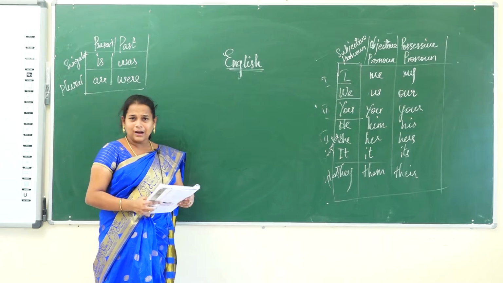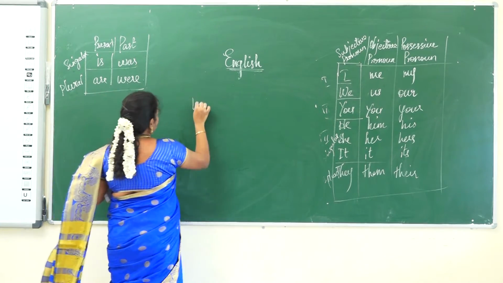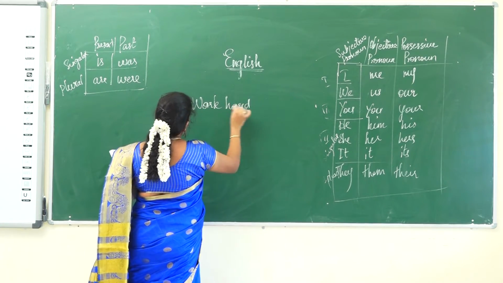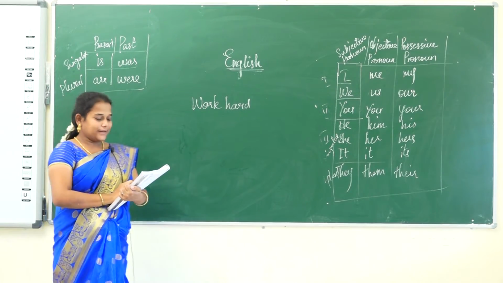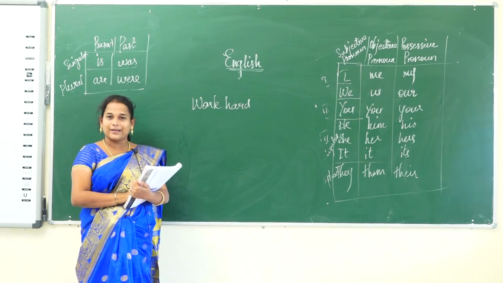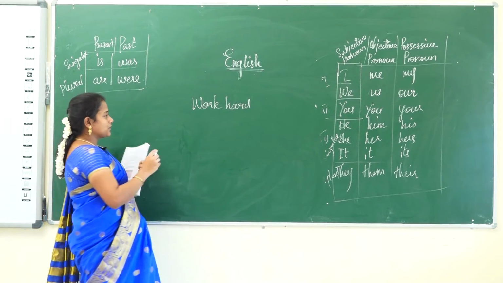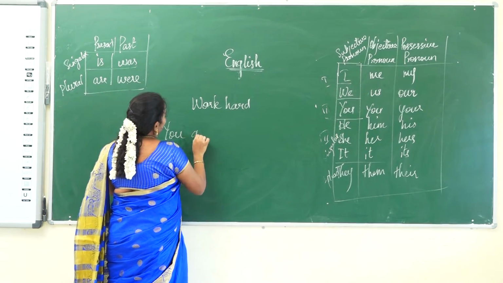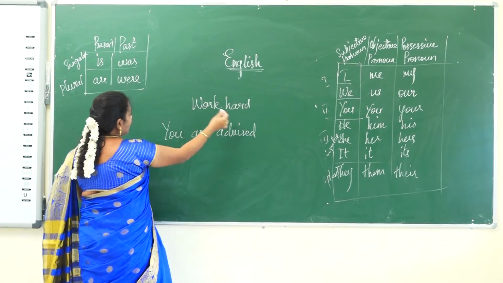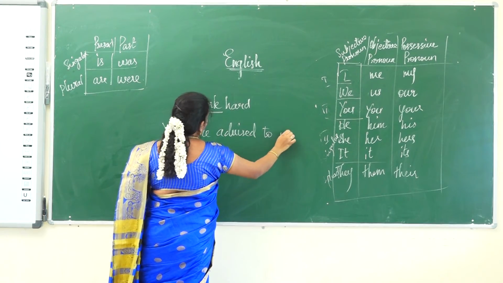Passive voice in the form of advice. Advice means instruction. Okay. So, work hard. If I write the words work hard, what will you do? Work hard. So it is in the form of instruction. So here we have to use the term advice. There we used the term you are requested. Here we have to use the term you are advised. Here work hard, where work is the verb. So you are advised to work hard. That's all. Very easy.